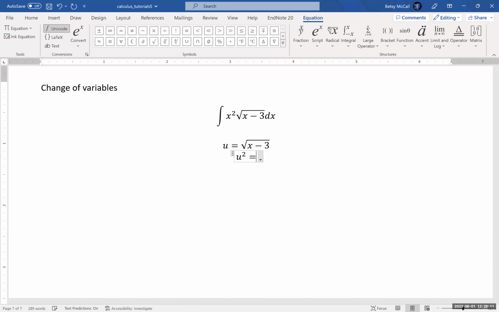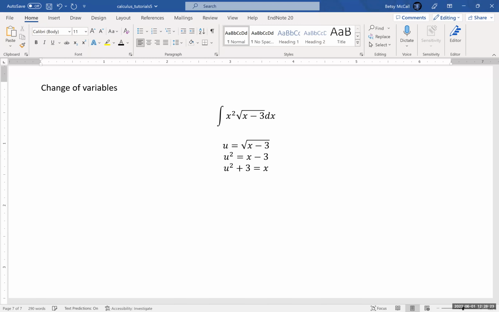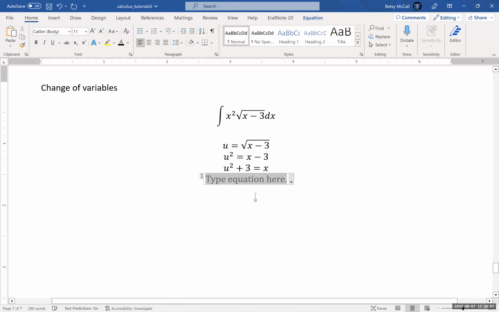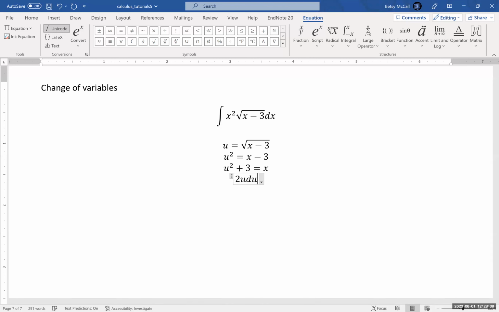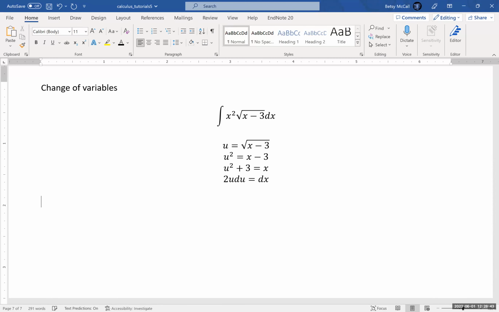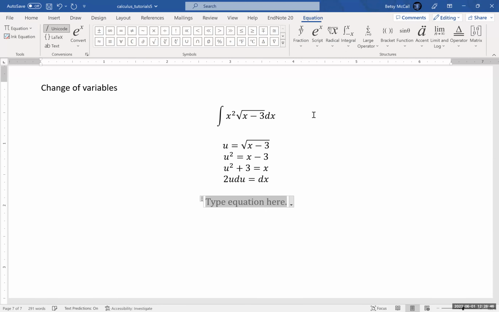u squared is equal to x minus 3. And then I am going to move the 3 over. u squared plus 3 is equal to x. Now, if I need x squared, then I can just square this expression. And if I need dx, I can take the derivative of this expression, and I'm going to get 2u du is equal to dx. And at this point, I have everything I need in order to substitute into my integral